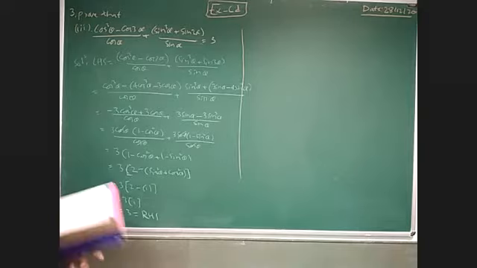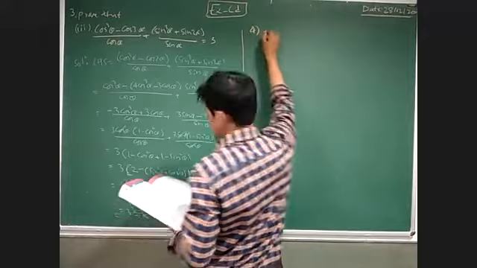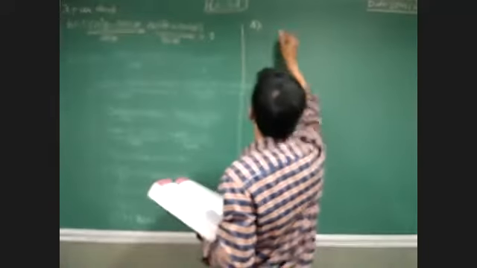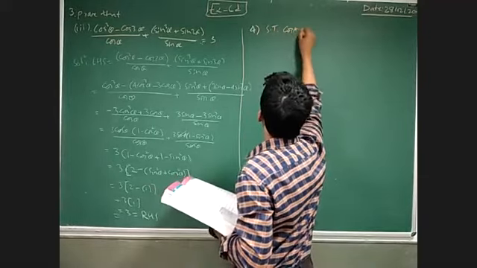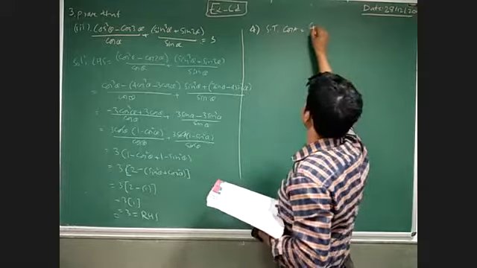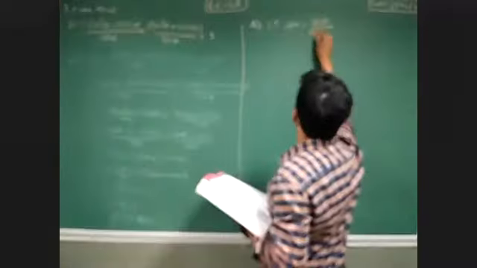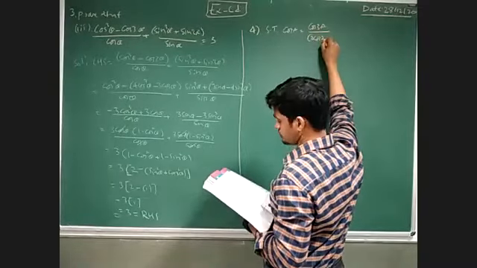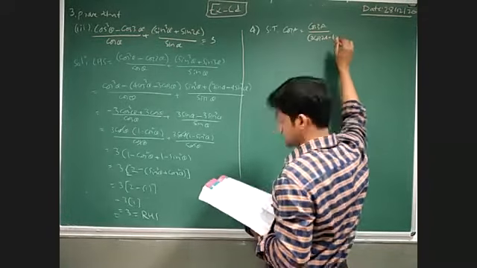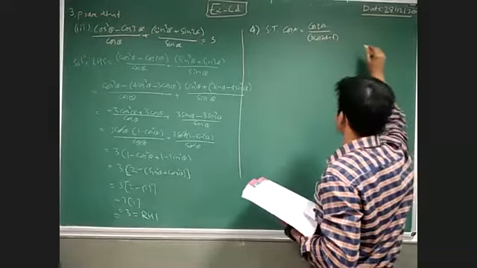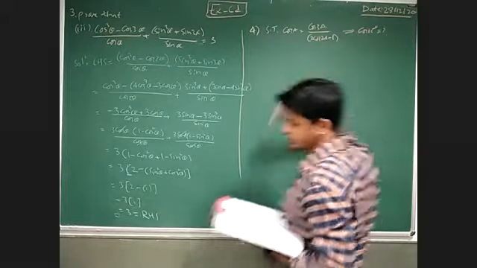Now we are moving on. Question number 4. That is, show that cos A is equal to cos 3A by 2 cos 2A minus 1. पहले तो हमें क्या करना है? शो करना है. ओके, पहले तो हमें ये शो करना है ये इक्वल है और फाइंड cos 15 डिग्री फाइंड करना है. ओके,